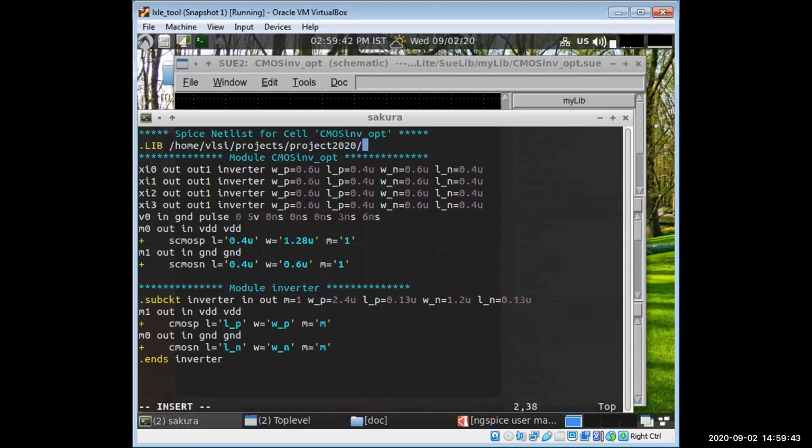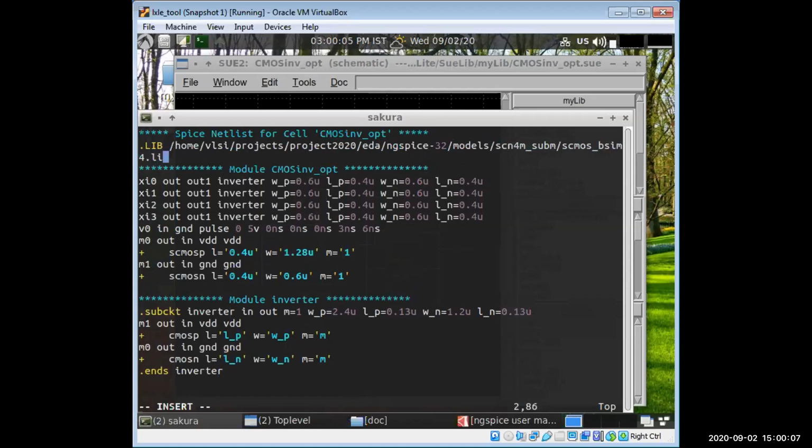So project 2020, EDA, ngSpice 32, models, SCN4M, SubM, SCMOS, bsim4.lib, and we are using the process corner nominal.